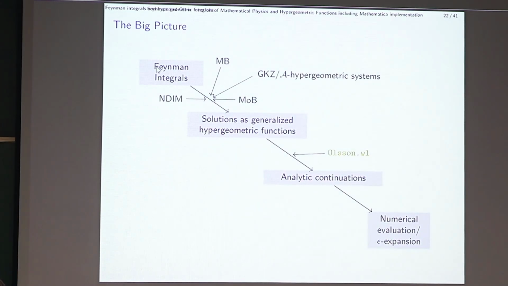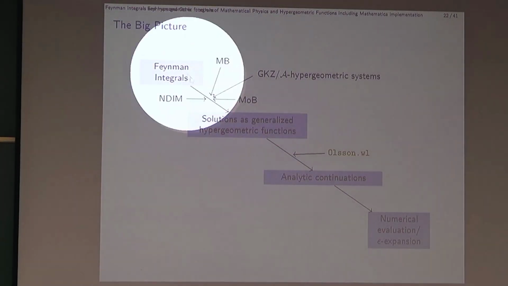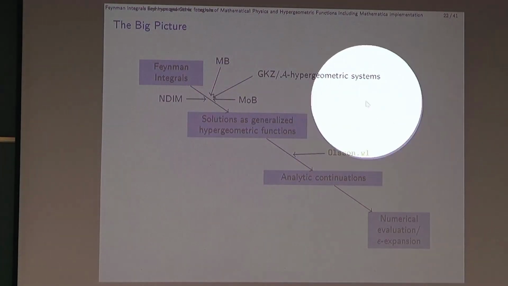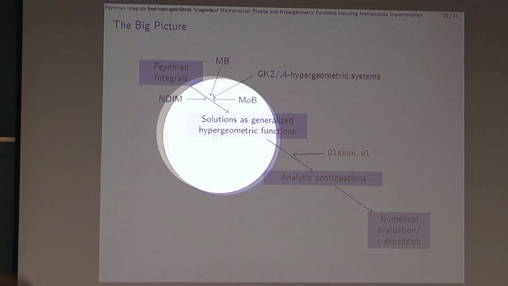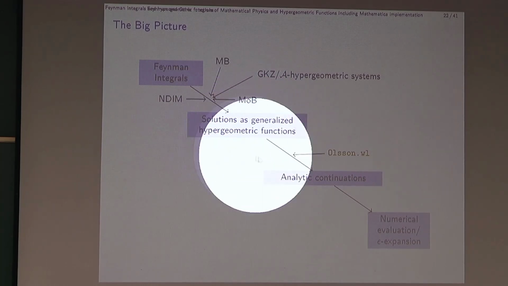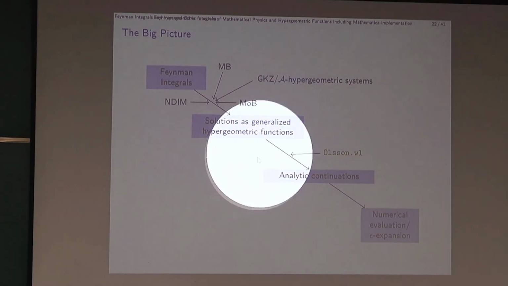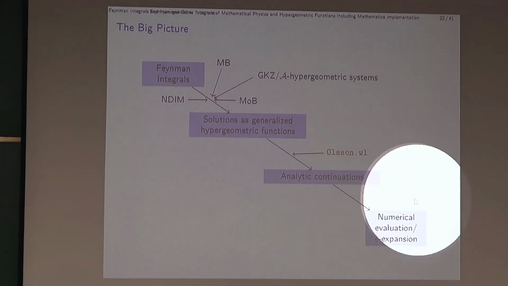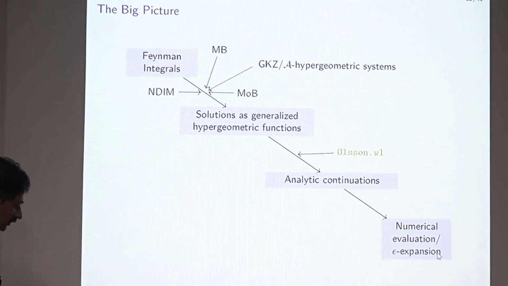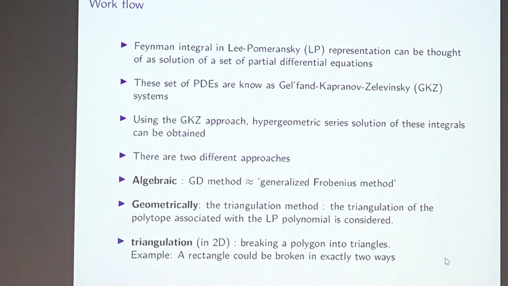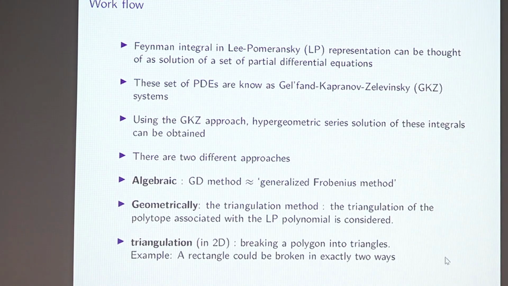So here is a big picture. What we have done is we have analyzed Feynman integrals, and then we analyze them through this GKZ system using the method of brackets, find solutions in generalized hypergeometric functions. Then we use this method of Olsen, find analytic continuations, and if possible, try to evaluate them numerically or to give epsilon expansions. So here is a workflow for some of these things where you have to find the correct